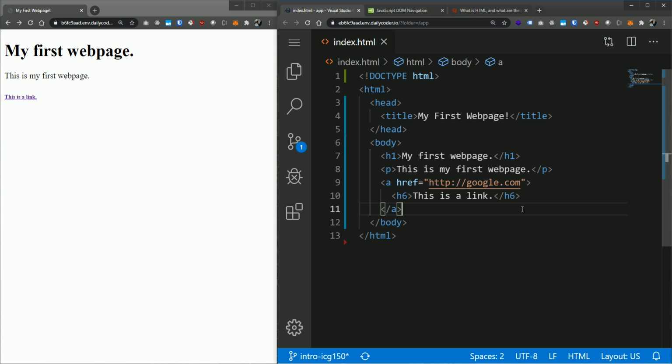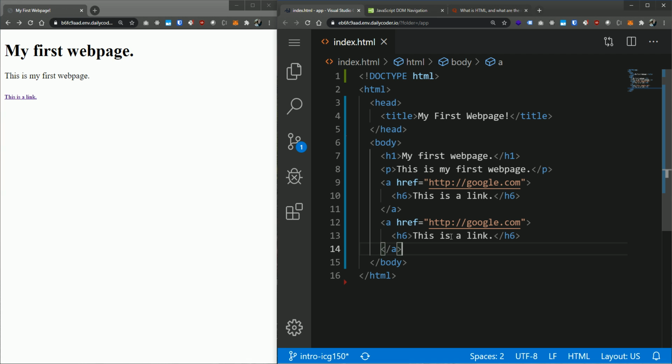is a link. Now notice how the styling changed here, because the browser does have some default styling for these specific types of elements. The anchor tag by default has that blue color, and if it's visited, it will have that purple color. As you can see here, it's purple because we already clicked it. But if we put another link in here, say I grab this and put it down here and say this is another link, and I won't make it Google, maybe I'll make it ftc.edu, and you'll see here,